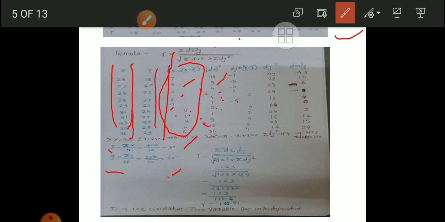So like that one, you have to calculate the value for deviation x square. Now, in a similar way, in case of the y variable, dy is equal to y minus y bar, means the y value from the table we have to take, and y bar is 25. So when we prepare such a column, that will be dy, the deviation y, is equal to y minus y bar.